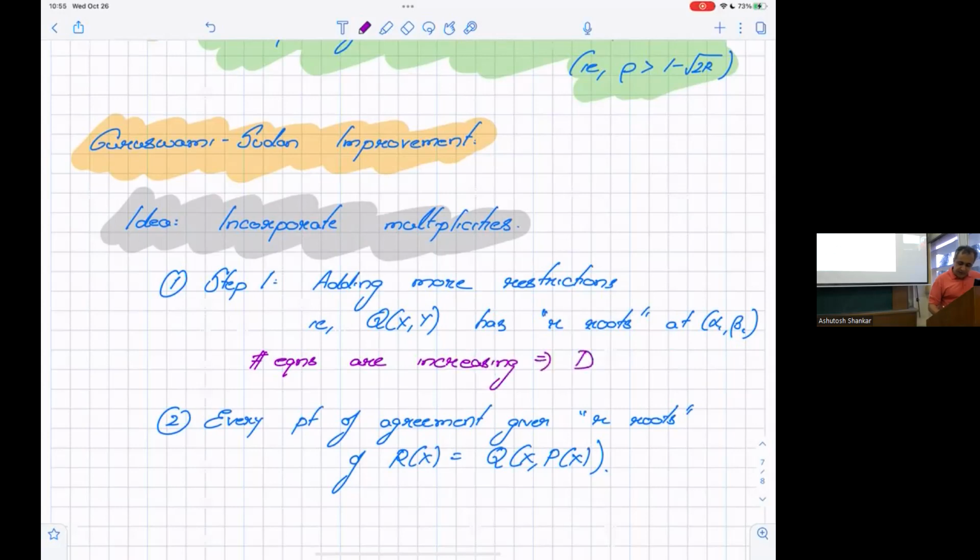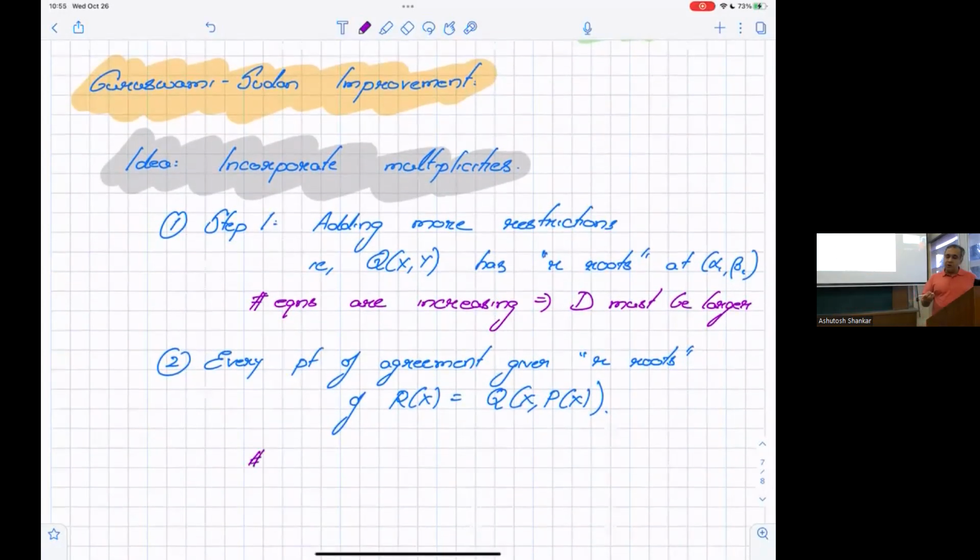That implies D must be larger, because D directly determines the number of variables. This seems to go in the wrong direction because D is going larger, and we want D to be smaller. But on the other hand, what's happening over here is